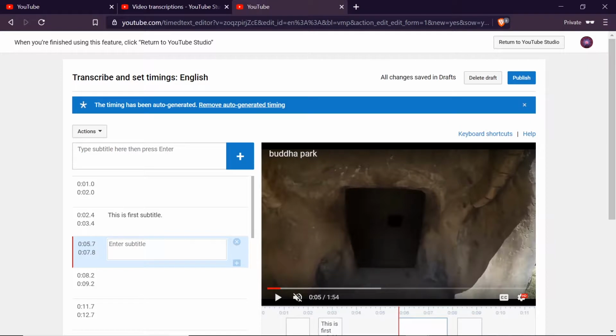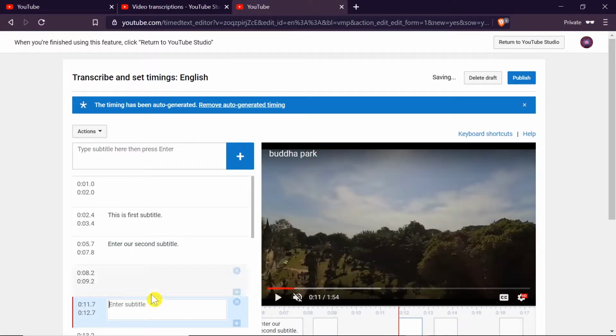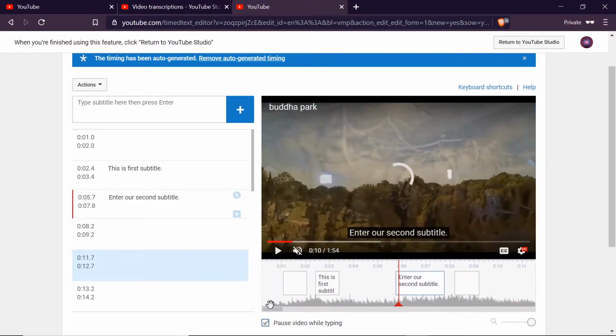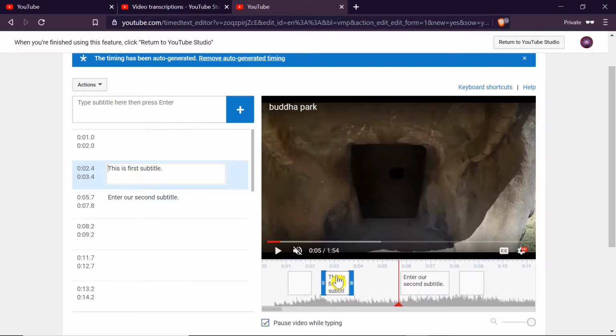Then we can click down here, it is from the 5th to 7th second, and we can enter our second subtitle. And so on. We can of course click on the next and next and add more subtitles if we want. We can of course edit the times that are showed here. Let's say we want the first subtitle to be a little bit longer. So we've got two ways of doing that. First of all, as you can see here, we can move this to any place we want when we already